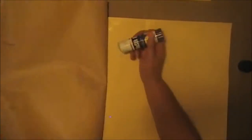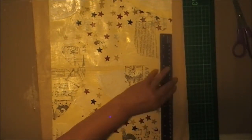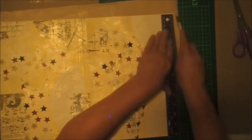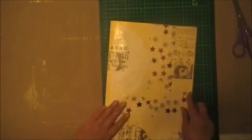Now what I'm doing is I'm just covering the inside of the manila folder, just for a little bit of extra strength. Just use the ruler just to burnish it down, make sure it's quite flat. Now I did start to trim it with some scissors and thought it would probably be easier to do it with a Stanley knife or a knife and ruler. Then I realised I hadn't actually got a cutting mat underneath, so I popped the cutting mat underneath. I do actually prefer using a ruler and a blade to trim my things. I find it a lot easier than pulling out the